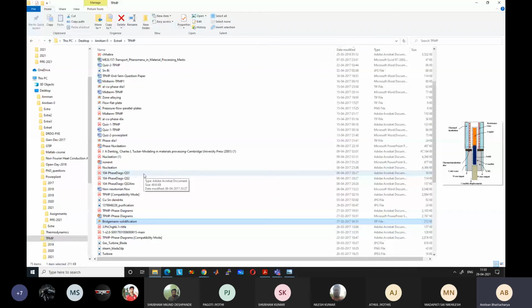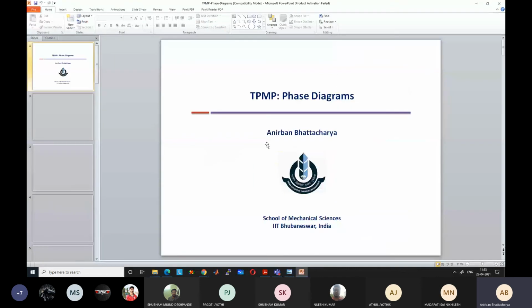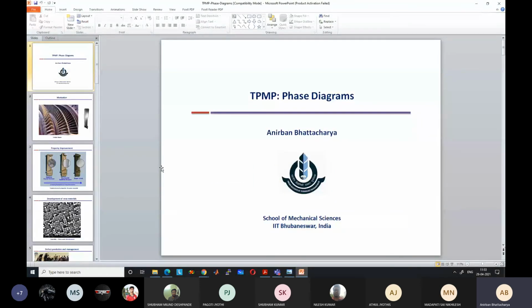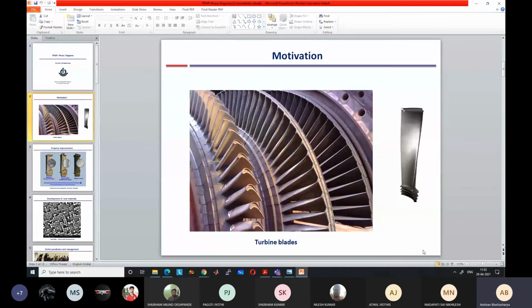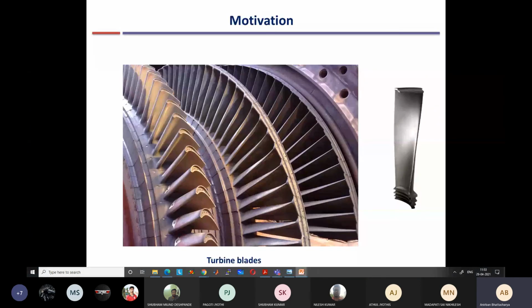Turbine blades are one of the most important components of a turbine. All of you have read in the power plant or gas turbine course that turbine blades are one of the most important components. Why? Because the maximum temperature in the cycle is governed by the turbine blade material. The maximum temperature in the cycle is faced by the first stage turbine blade, just after the furnace or combustion chamber. Furnace in case of boiler for steam turbines, and combustion chamber in case of gas turbines. So the first stage turbine blades need to be a very high quality material, so that they can withstand this high temperature for a long duration.